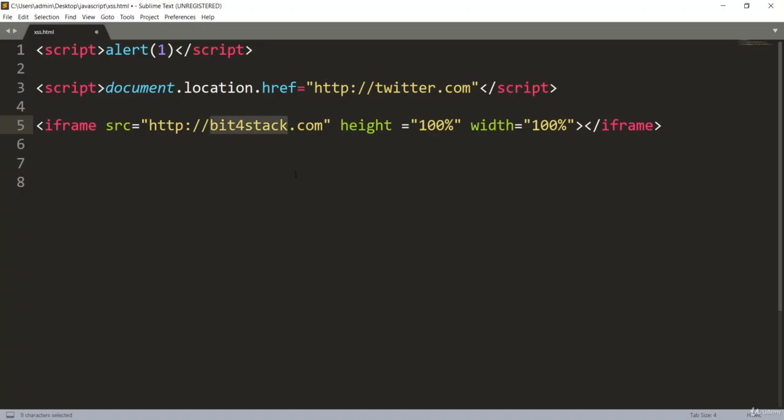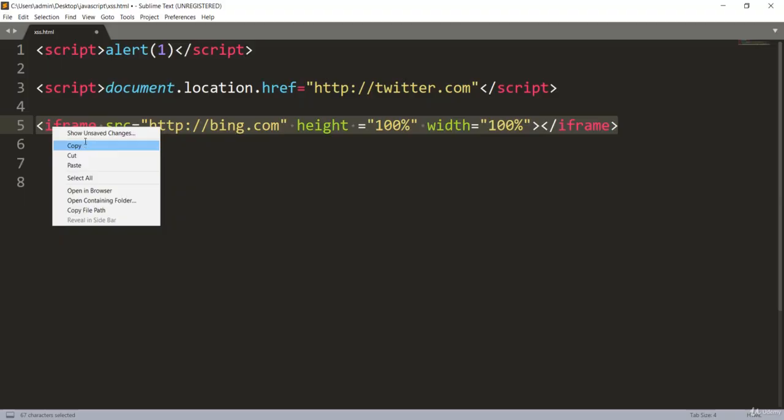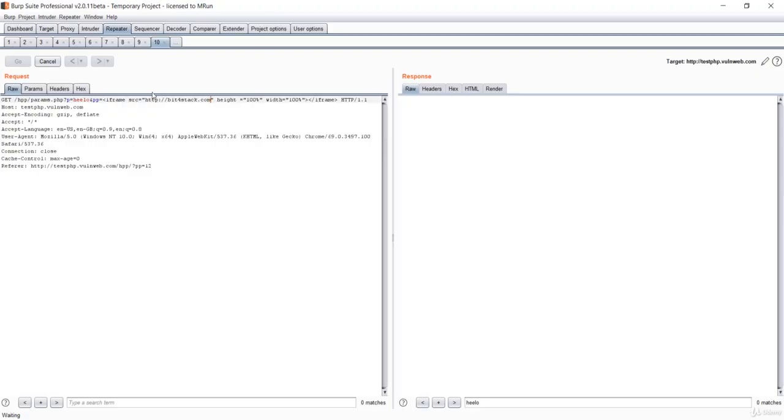So I'll say something like bing.com. Let's see if this works or not. I'll copy this again, go back here, and inject the iframe.